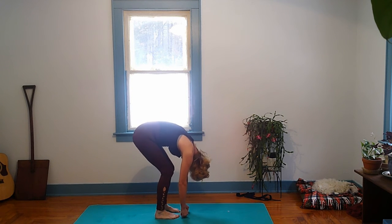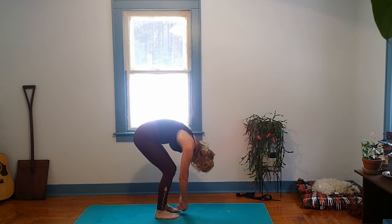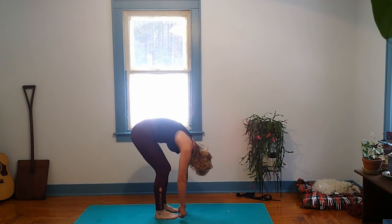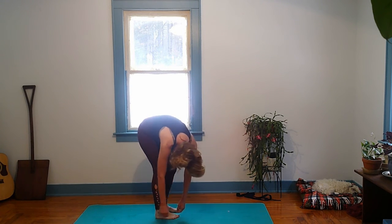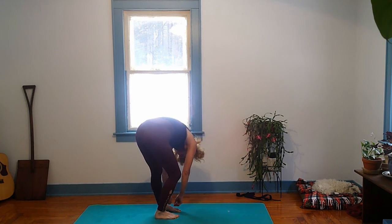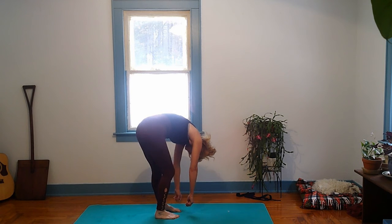Okay, here we go. Just bend your arms, still relaxed. Just bend the knees a little bit. Maybe the bums want to go side to side. So I'm bringing my elephant trunks towards one foot, then to the other. So bending one knee, straightening one leg, turning towards the straight leg, and back. And at the breath,